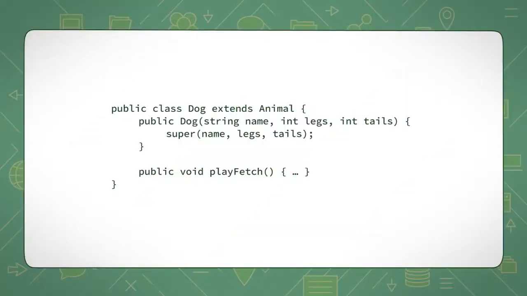This means that if we were to introduce a cat subclass into our system that inherited from the animal class, the cat and dog subclasses would both have the same attributes and behaviors as the animal superclass. As you would expect, we do not need to declare any of the attributes and behaviors that the dog class inherits from the animal class.